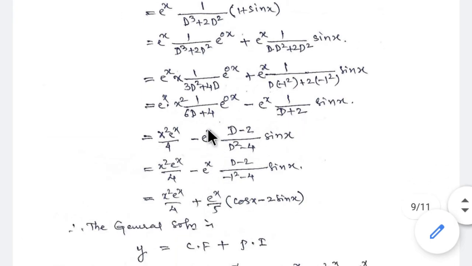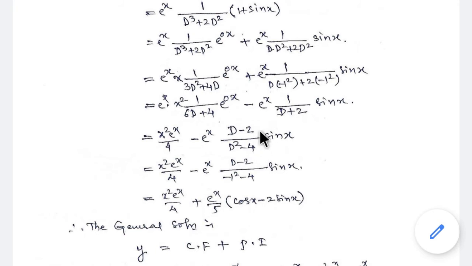Then next, if you substitute directly 0 here, the denominator cannot become 0, after substituting 0 in the place of d. This term becomes 0, so only you get 4: x square into e raised to x divided by 4, so minus e raised to x,